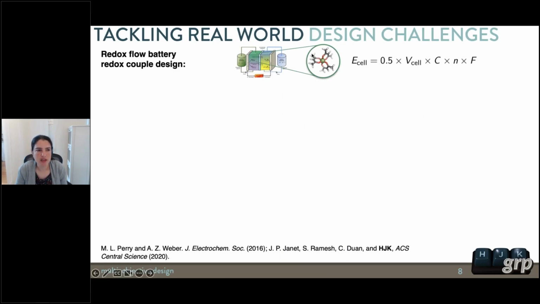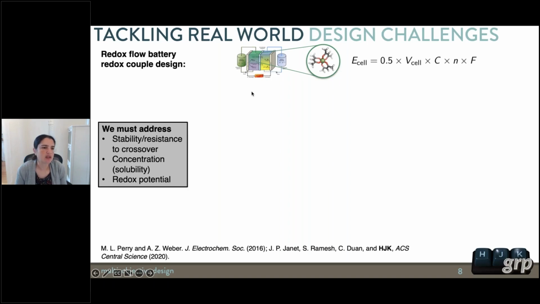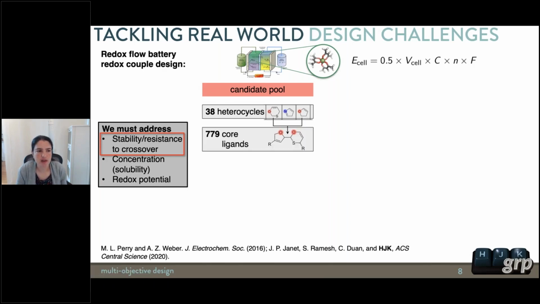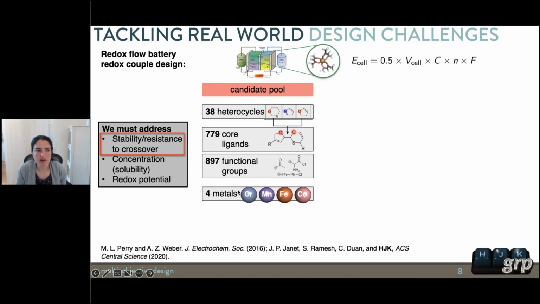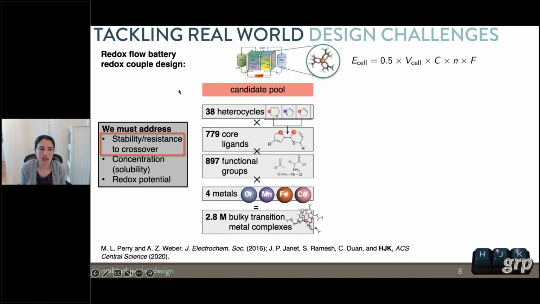And some of the most well-known redox couples for redox flow batteries are these vanadium ACAC complexes, but we're interested in exploring new designs that hadn't been studied before. So to design a redox flow battery redox couple, we really need to balance three outstanding challenges that I just mentioned. And the way that we address the stability and resistance to crossover question is we built a candidate pool of new materials, starting with synthetically accessible heterocycles, fusing them together, adding functional groups to potentially tune other properties of the transition metal complex, and we combine them with 4 earth-abundant metals that had promise as redox couples but had been relatively underexplored. If you just multiply these numbers together, you come up with 2.8 million candidate bulky homoleptic transition